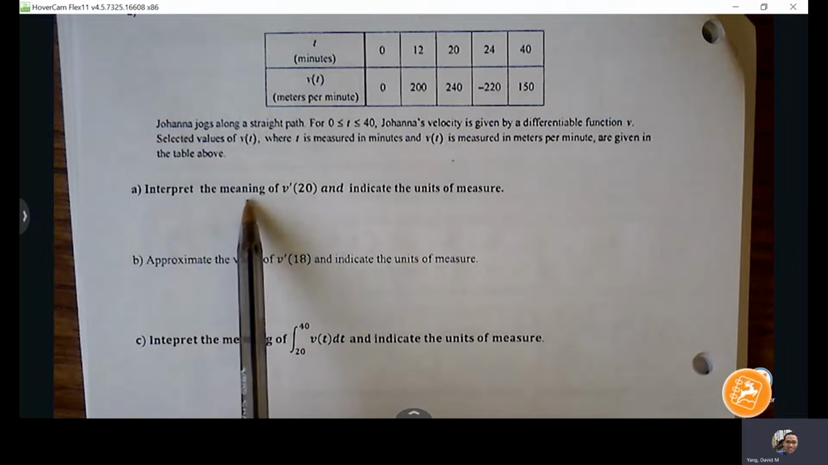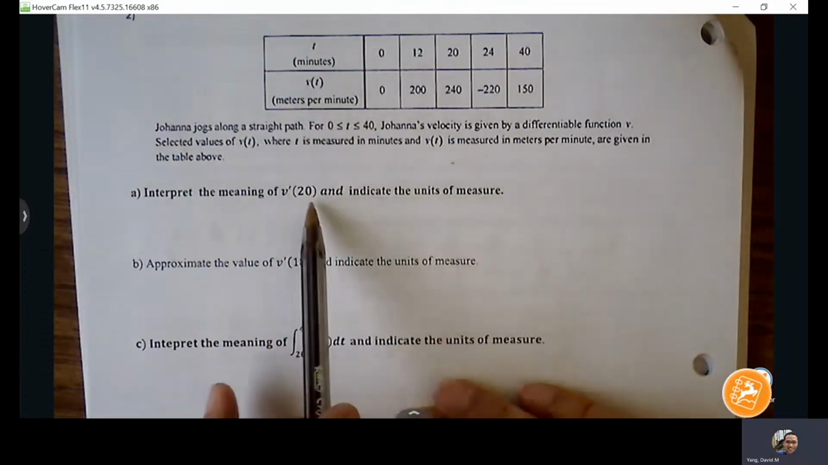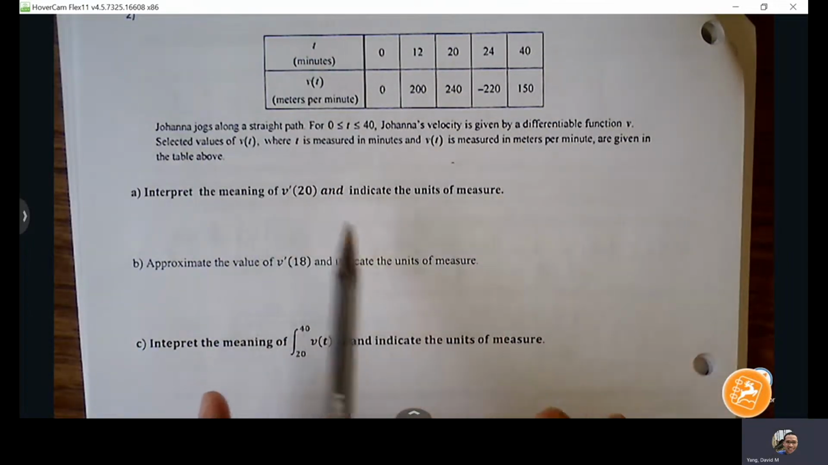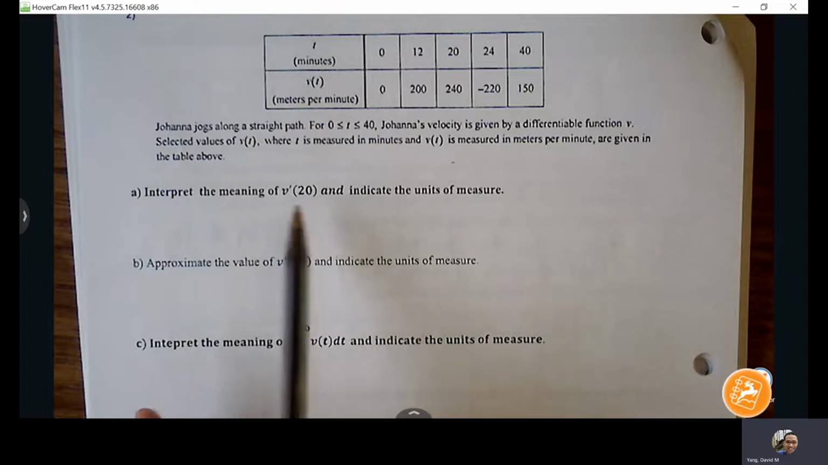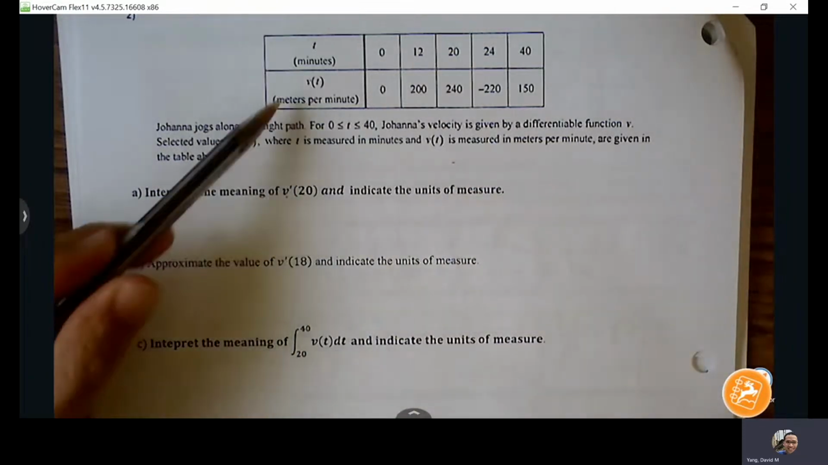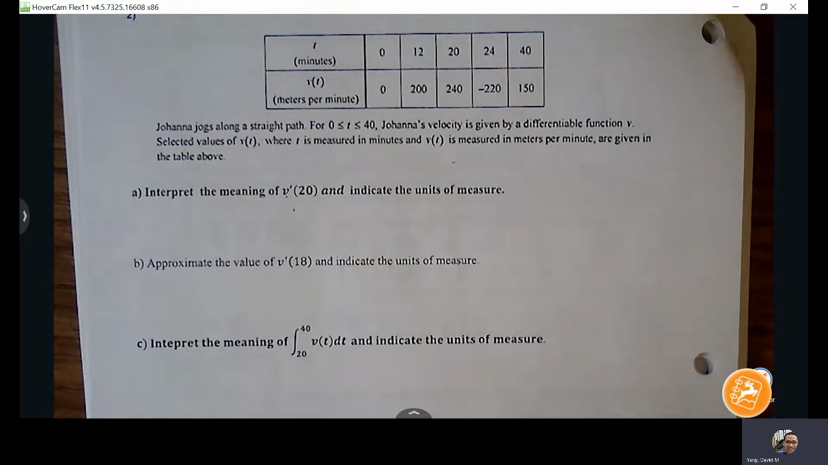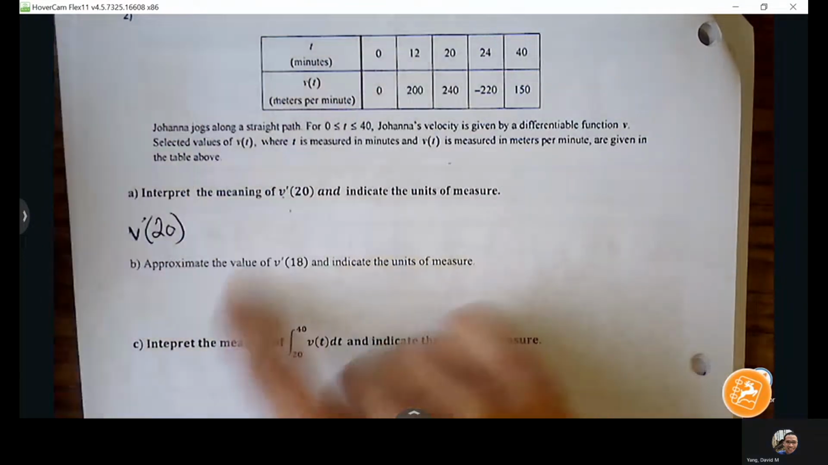Part A says interpret the meaning of v prime of 20 and indicate the units of measure. So v of t is meters per minute, so v prime is going to be what? It's going to be acceleration, right? But I also want us to get into the habit of knowing how to represent a rate of a rate in a way that's more suitable. So v prime of 20 is telling us